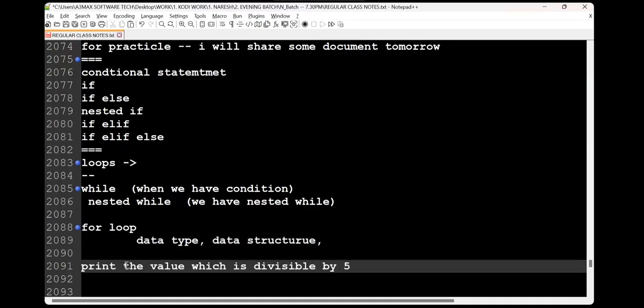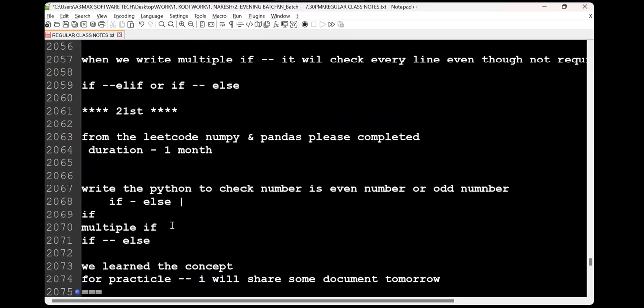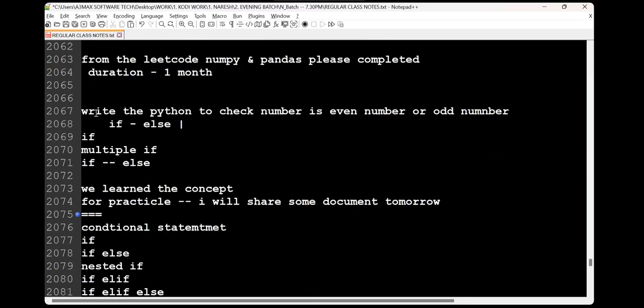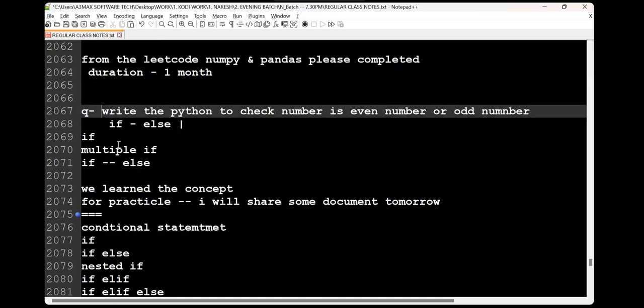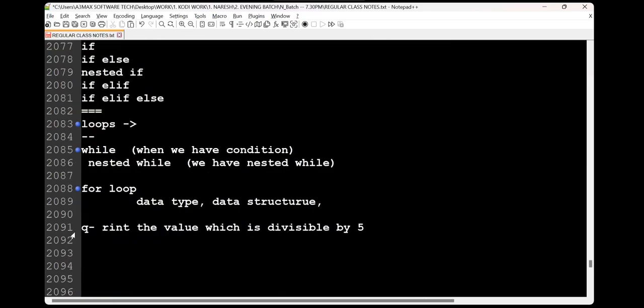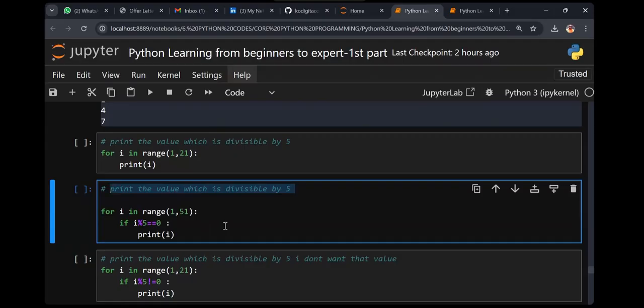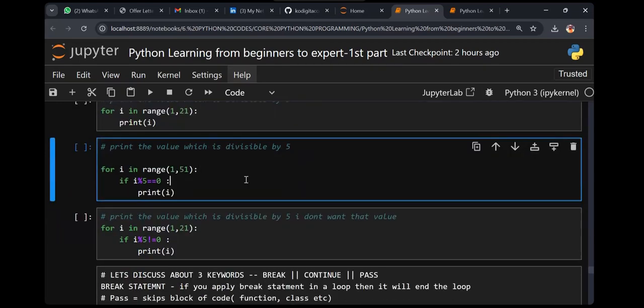This is the question. Which numbers are divisible by 5? 5 ones are 5, 5 tens are 50. Let's say for I in range 1 to 51.